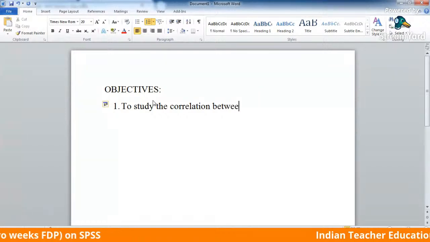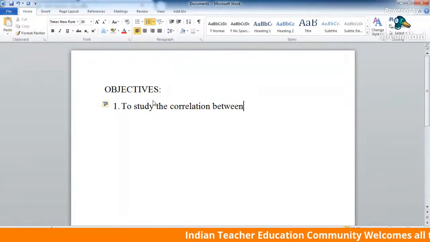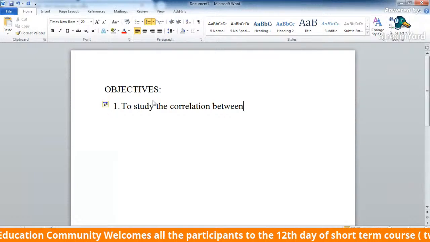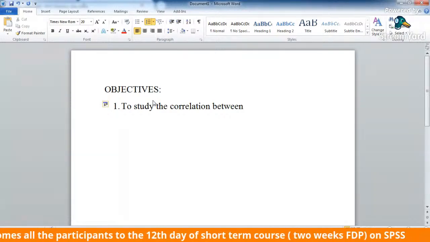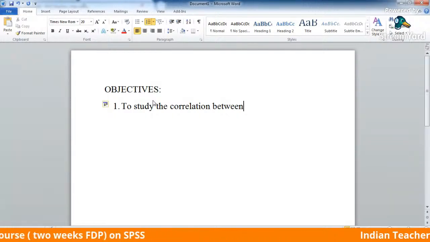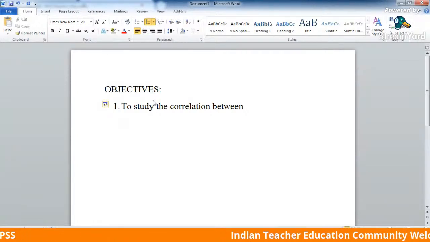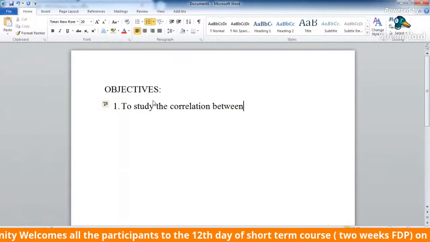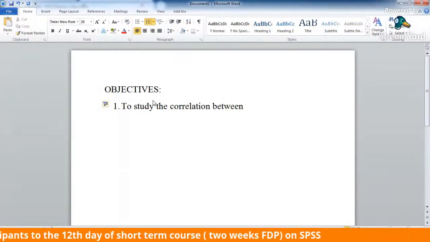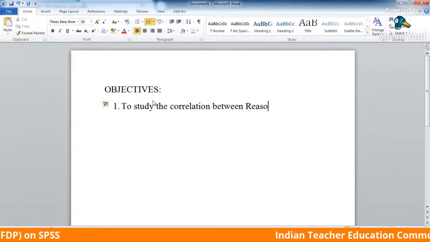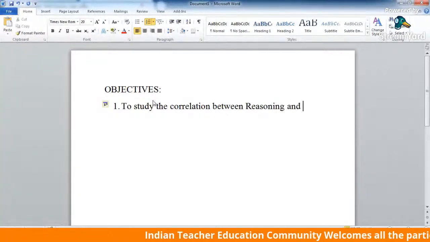between. Why am I writing the word between? Because I am studying the partial correlation only between two variables. You cannot do the correlation among three variables. No, you can't find the correlation among three variables. The correlation is always between two variables. This is important. Okay, and that is why the word is between. You can't use the word among. So to study the correlation between reasoning and achievement